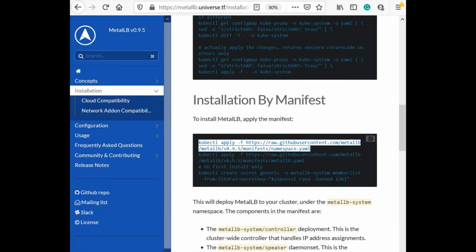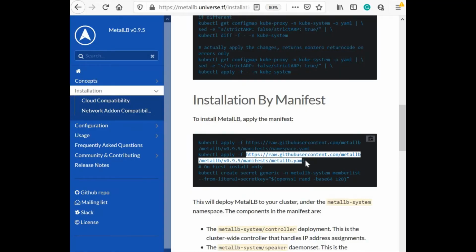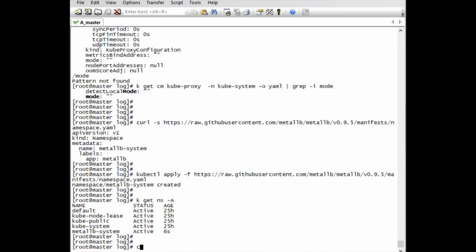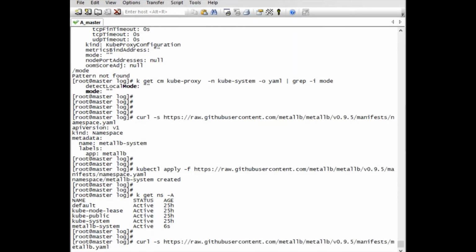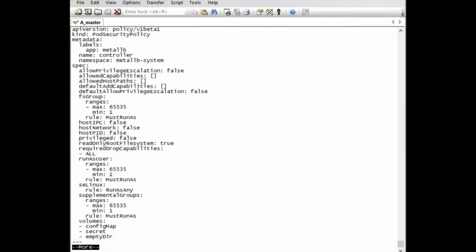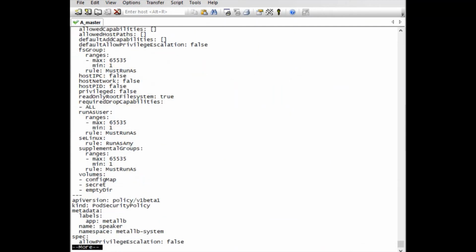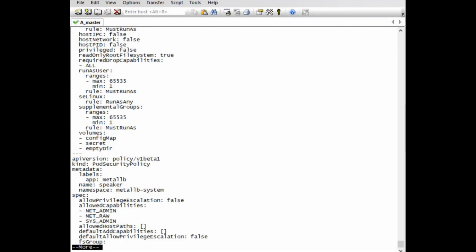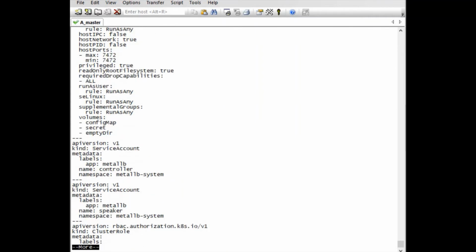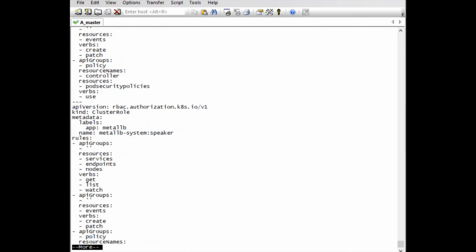Okay. The next step is we need to apply the MetalLB YAML. If you want to read the content before applying, then it's just simple: curl -s. Okay, it's trying to create the PSP, service account, cluster role.